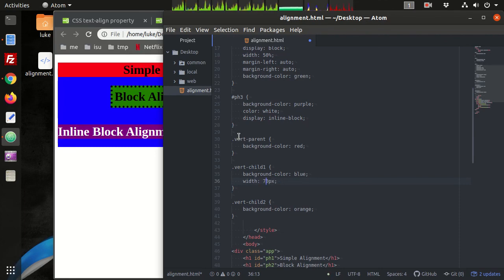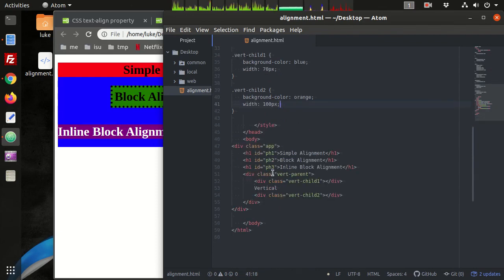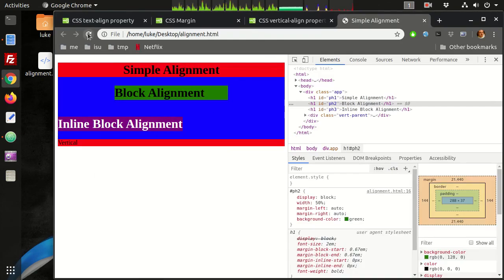We'll say 70, and then this one will be 100. So we've added the vertical alignment parent, vertical child, and text, and then another vertical child. Okay. So we refresh our page, and all we really see at this point is the one div